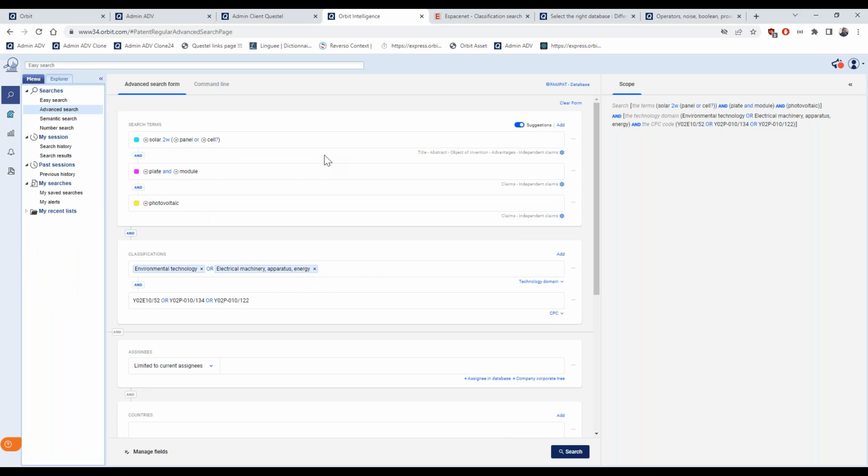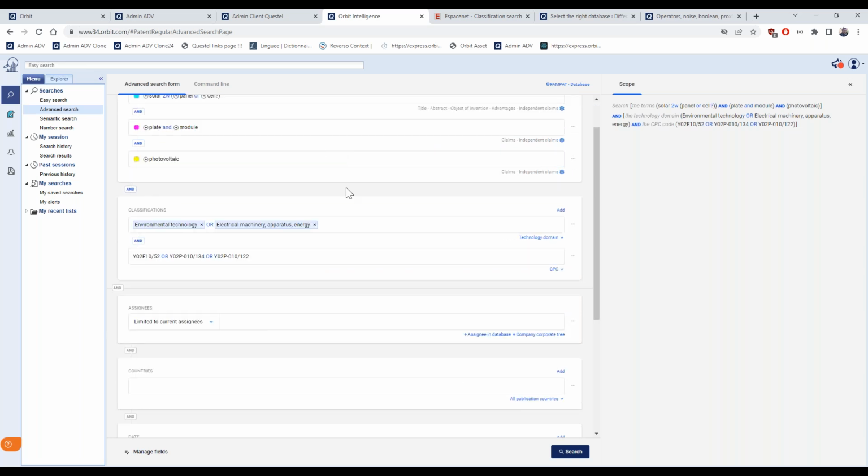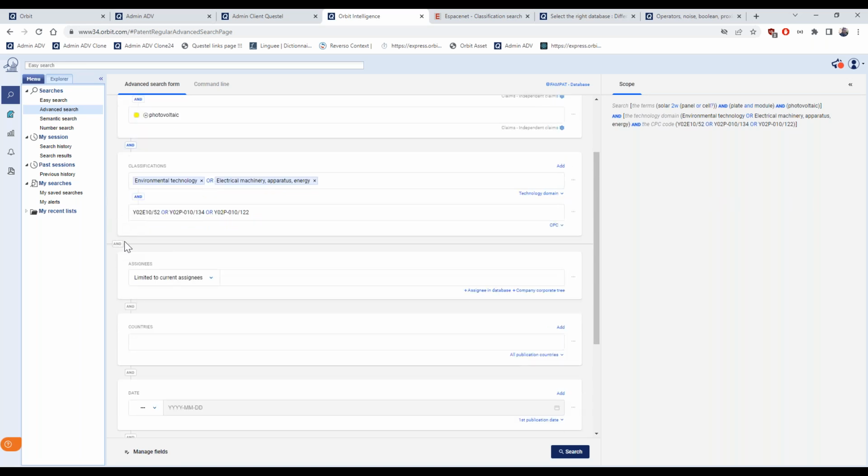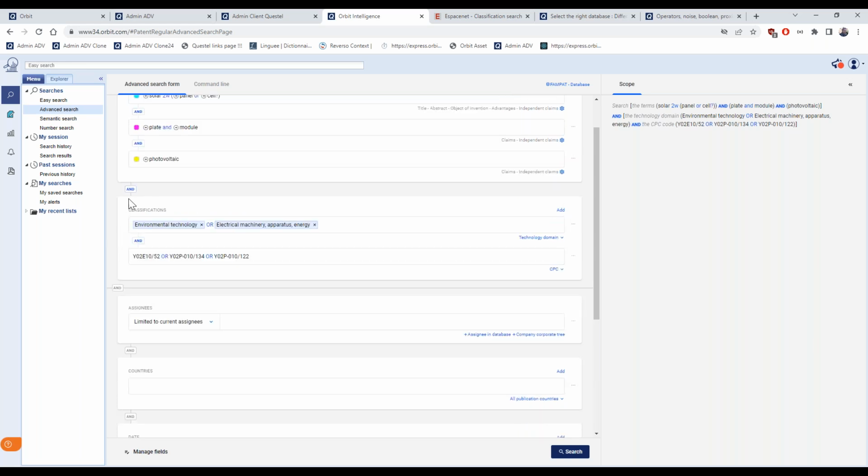So another type of advanced search is the search by dates. Scrolling down this new form, you will find other search criteria. And here, the Boolean operator is AND and you cannot change it. So this is the difference where you have the possibility to switch from AND to OR.